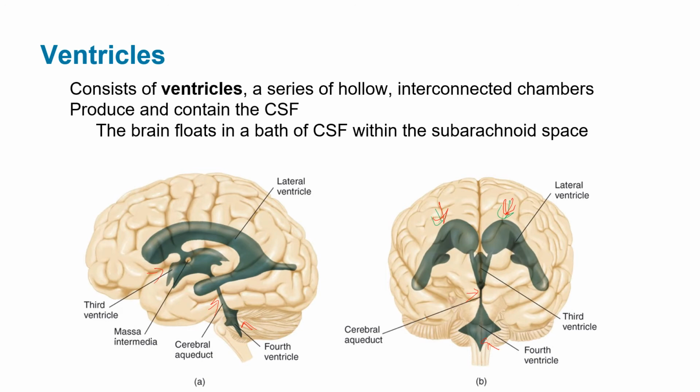And then from there, it goes into what's referred to as the central canal. The central canal isn't on this, but the central canal then takes the cerebral spinal fluid from the fourth ventricle and diffuses it into the central nervous system, to the arachnoid layer. And then once it's in the arachnoid layer, it works as that cushion. The body does reabsorb some of it as more is produced. So it's basically a constantly refreshing thing.